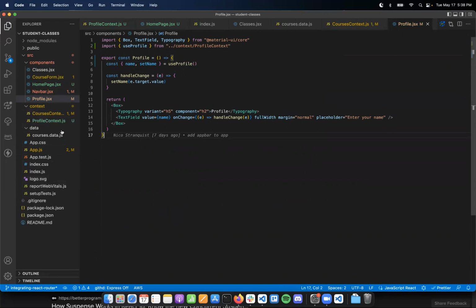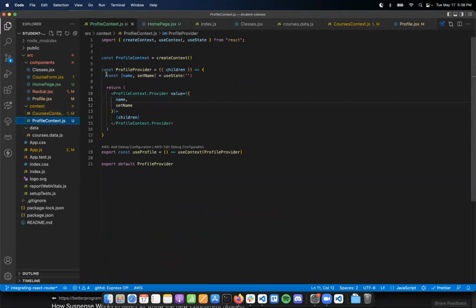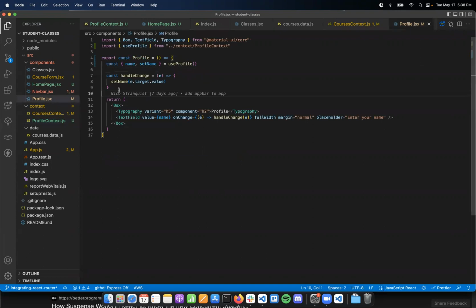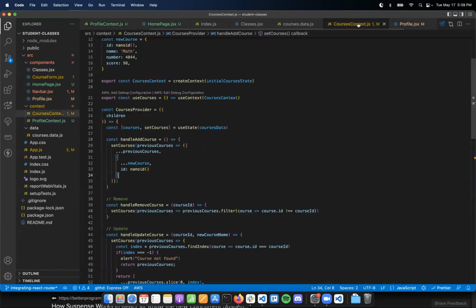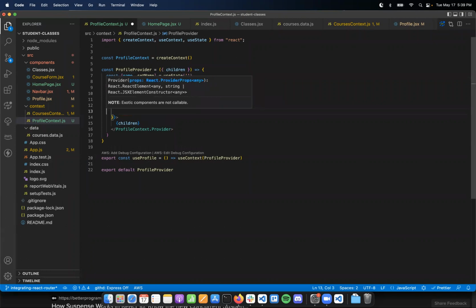I want to note that we did this two different ways. In courses, we made the functions to modify state and only expose those functions. I kind of like that better. But here, just to keep it compatible with the code we already wrote, we're just exporting this set name directly. But so, for example, in the profile component, like this handle change, you could easily pull something like this out and put it into your profile context, and then export that here. Anyways,